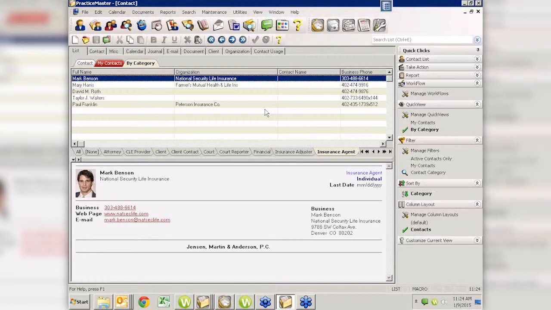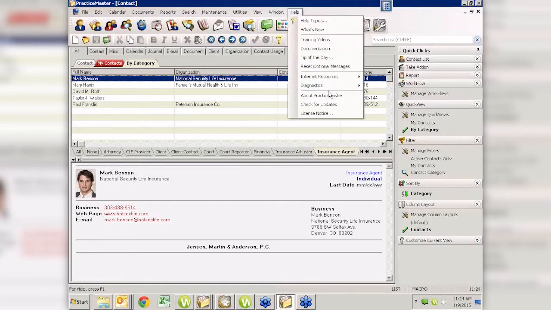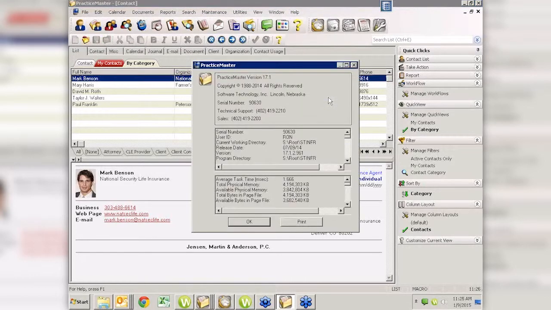When I install a new system with new sample data or new starter data, or a new demo system like what we're looking at now, I get these right out of the box. But you people who are existing users, all you really need to know is that they're there, so go start playing with them. You can't mess anything up, especially if you don't check that Show for All Users box. So go see what you can do with them and take advantage of this. It's a very cool feature, but if you haven't seen it, it doesn't mean it's not there. I will say, however, that if you aren't on version 17.1 or higher,